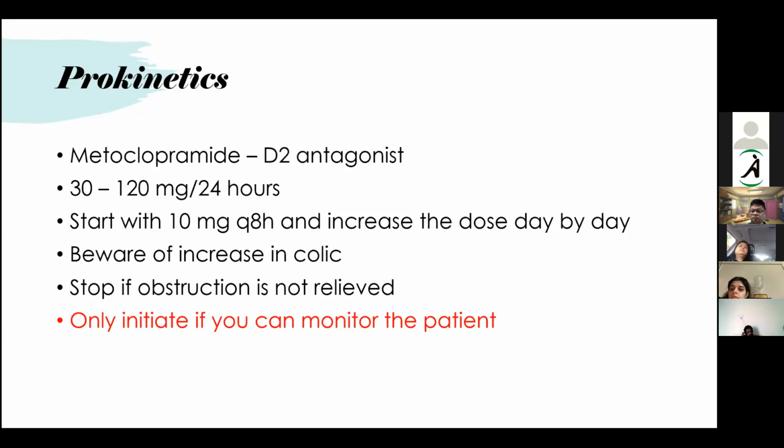It may go for perforation, but it is usually not seen in practice because most of the obstructions are, as I mentioned earlier, partial. So prokinetics can be tried. The usual prokinetic that we try is metoclopramide. The dose is also a little bit higher than usual. The usual dose of metoclopramide that we give is 10 mg TID, right? 3 times a day. So we usually start with double the dose.